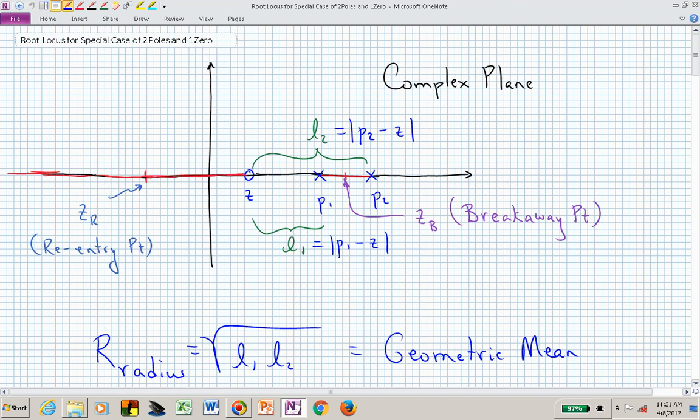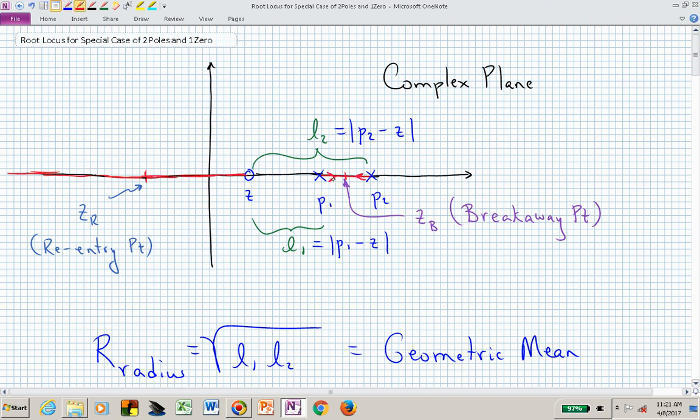This I'm entitling a root locus for the special case of two poles and one zero, where I have two real poles to the right of a real zero, and that's the configuration that we will be talking about. In this case, we know what particular line segments belong to the root locus. We'll have one line segment between P1 and P2. Those will now come together,